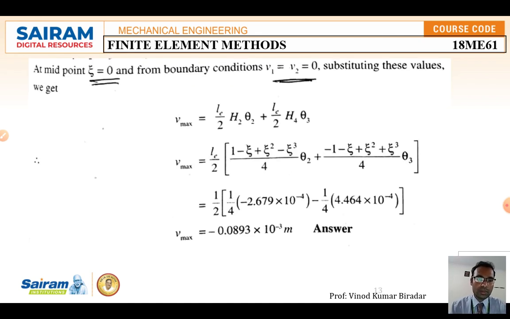Here it is similar to what you studied in the trusses problem, but here the degrees of freedom will change. Here v1, theta 1, f1, m1 will be there, whereas in trusses it was only u1, v1. Otherwise the assembly and everything will be the same. The new thing here is that the Hermite shape function will come in.